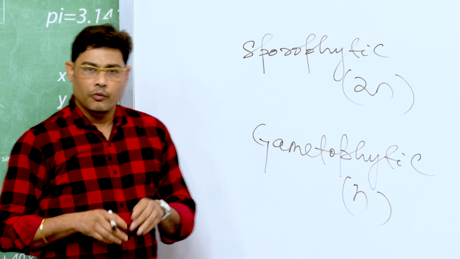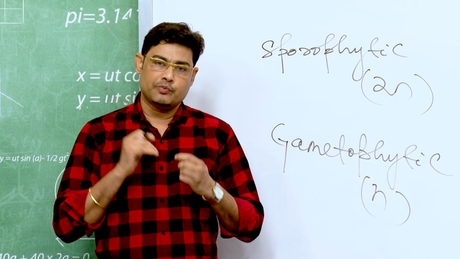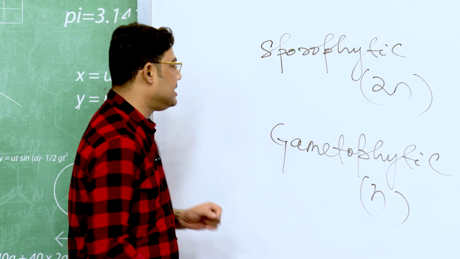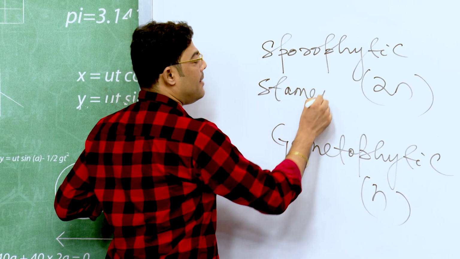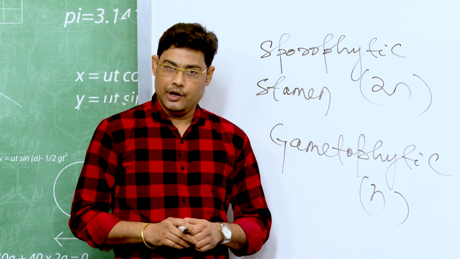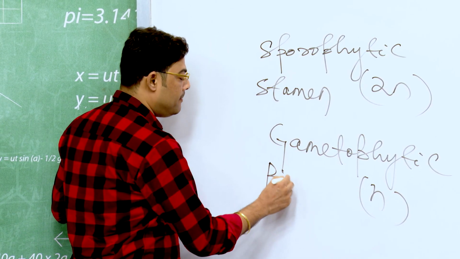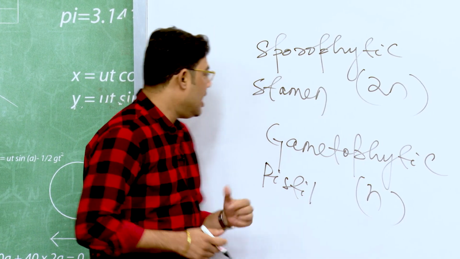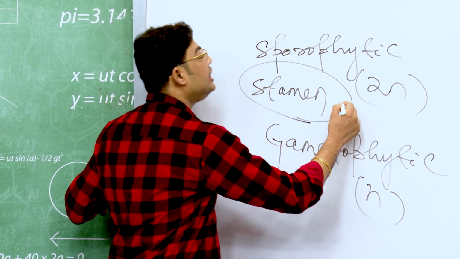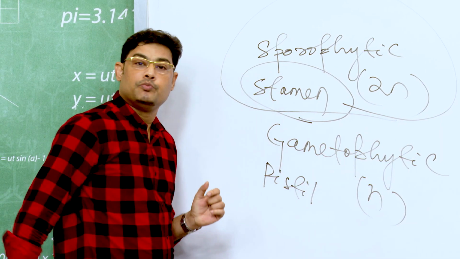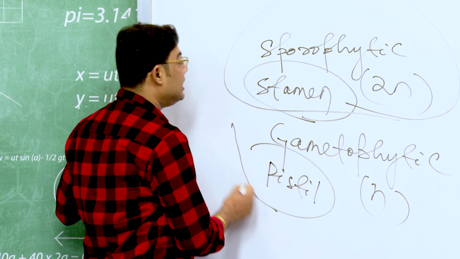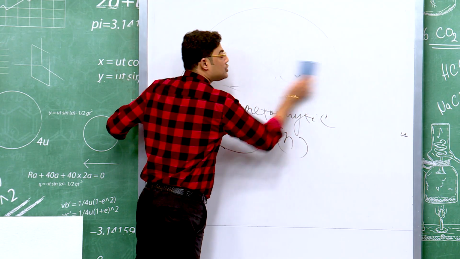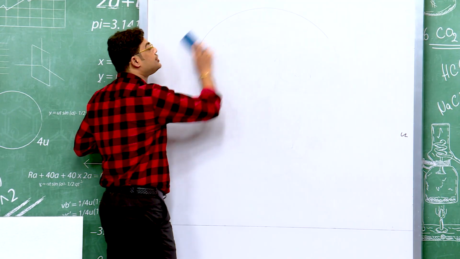a haploid one. What you see in an angiospermic plant, you see a flower, and that flower contains the reproductive parts: the male reproductive part stamen, which is collectively called androecium, and the female part pistil, which is collectively called gynoecium. Now, this stamen is the male sporophytic part, and this pistil is the female sporophytic part. Now, from the sporophyte to gametophyte, this change